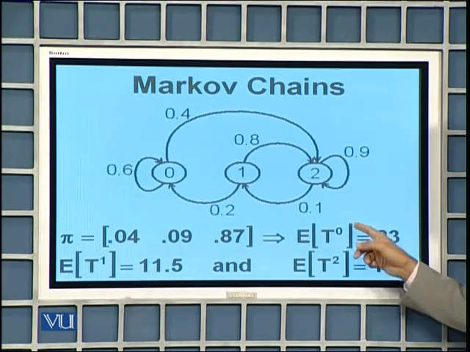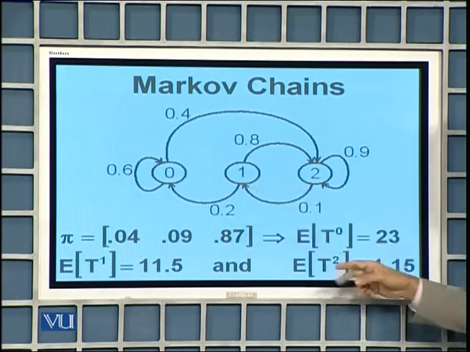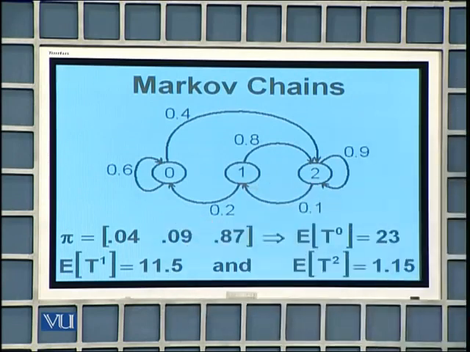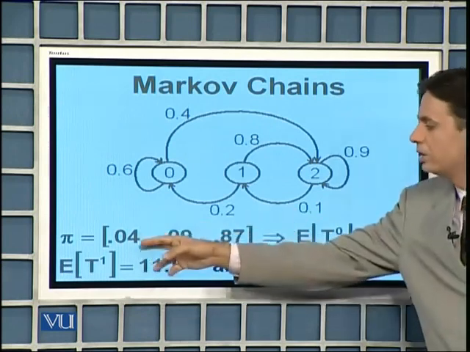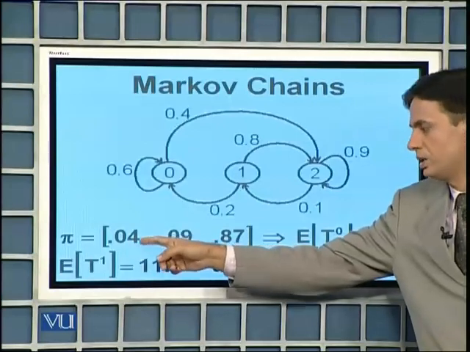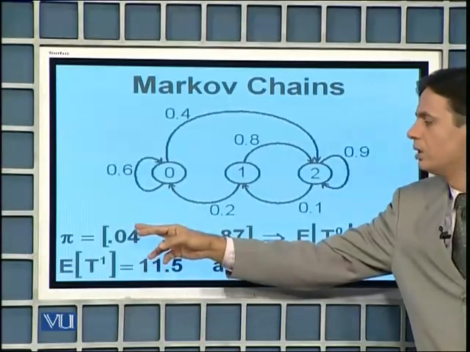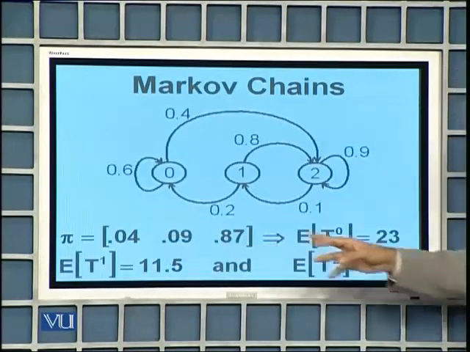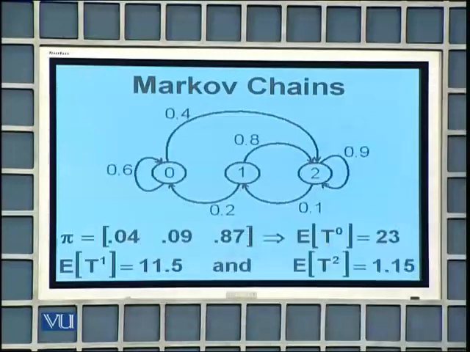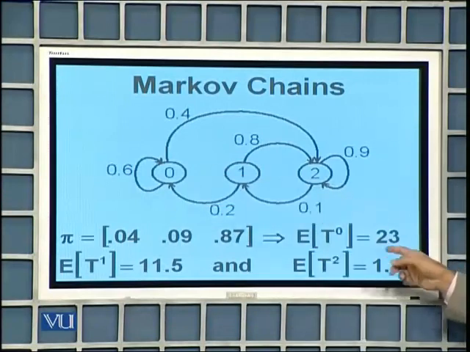So the average value of return time associated with state 0, which is the reciprocal of 0.04, is 23. It should be 25, but due to the shortage of space, I have just written these numbers with an accuracy of 2 digits. Actually, this is 0.04 something 3535. So this number is actually larger than 0.04, hence the expected value of return times associated with state 0 is